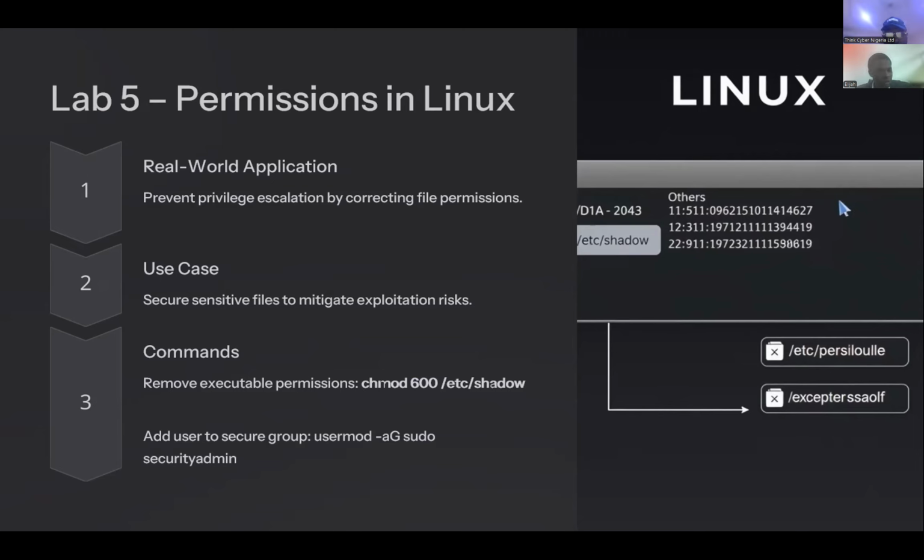So you have to secure sensitive files in order to mitigate exploitation risks. So if I want to reduce the rate of them entering my system and exploiting it, just secure the files. I'll place higher permissions on it, I can even put no permissions. Sorry, I put more permission for them not to read it. If I don't give them permission, they don't get to see it. So this is what permission does to us.